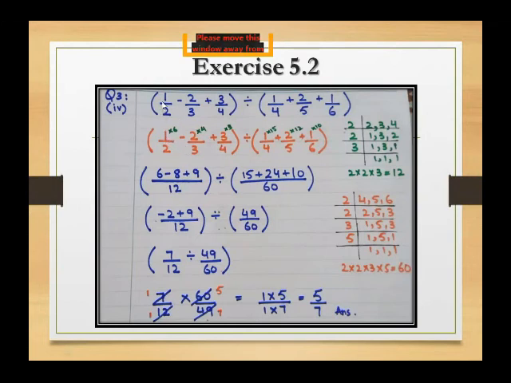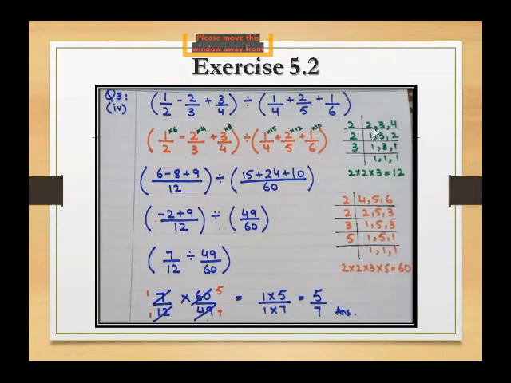Okay, so these are the parentheses, each containing 3 unlike fractions. The denominators in the first contain 2, 3 and 4, and the other contains 4, 5, 6. There are only parentheses given over here, so we will solve both the parentheses simultaneously. First we will take the LCM of 2, 3, 4.